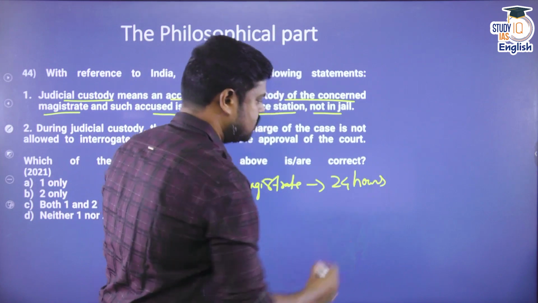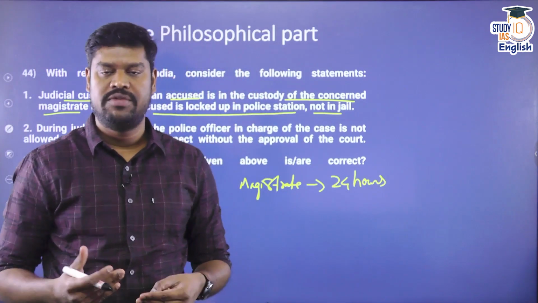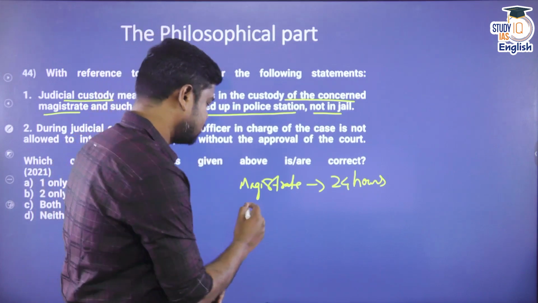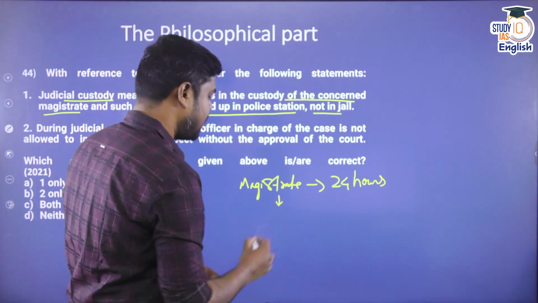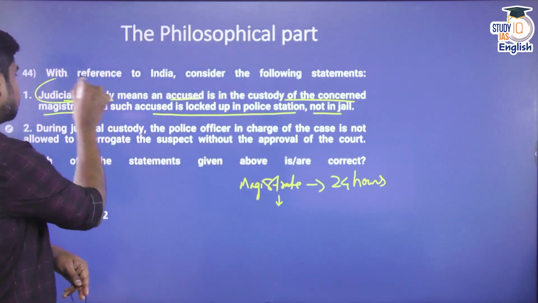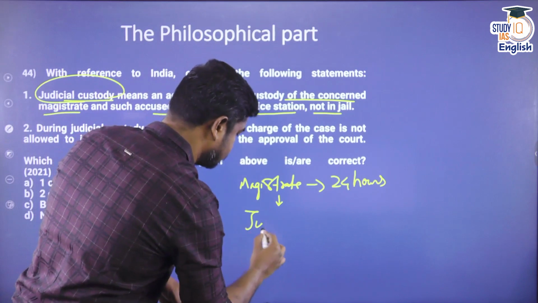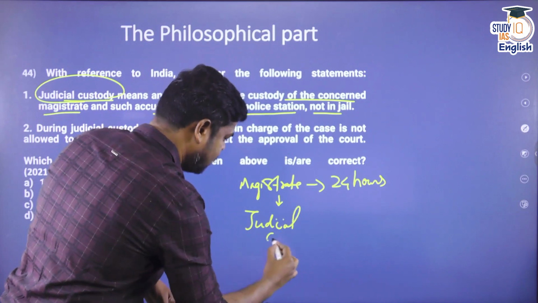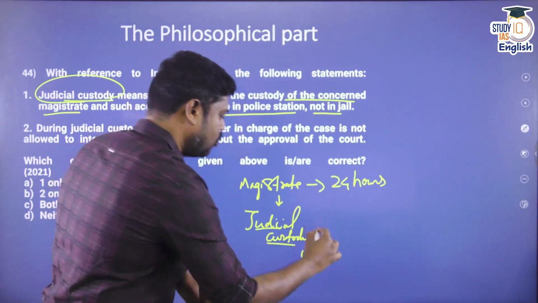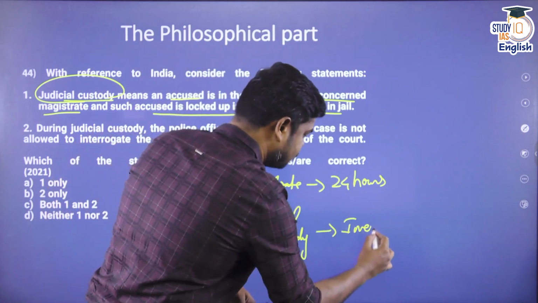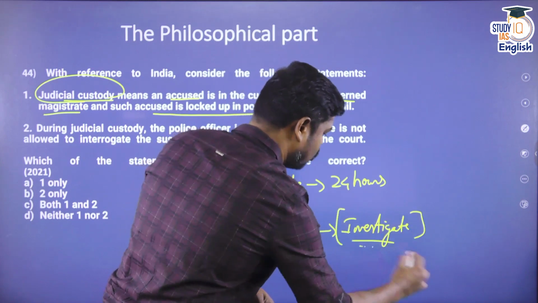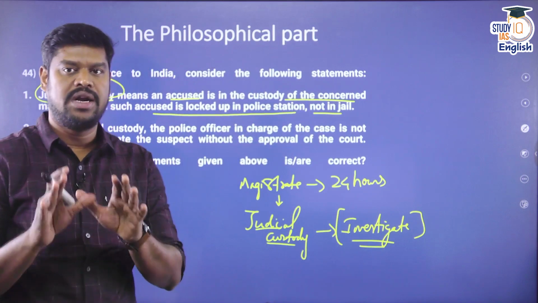After this, if the police needs more time for investigation and the offence is a serious offence, then they ask for more time for investigation. In such a case, the magistrate may place the individual in what is called judicial custody. So, this is exactly what is called judicial custody. That would help the police officer to investigate the case further. Please understand, the individual is not yet found guilty in a court of law. He can be considered to be under trial.